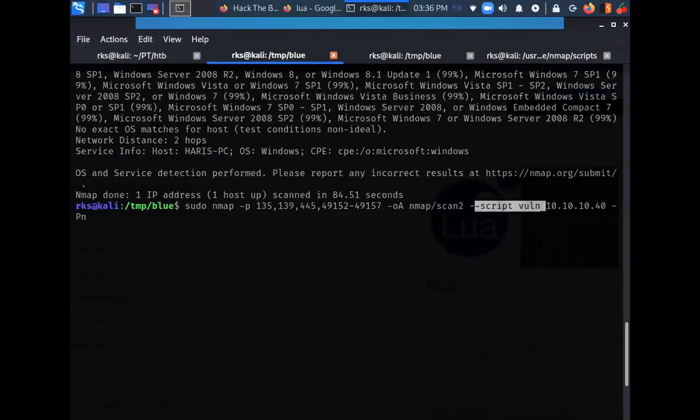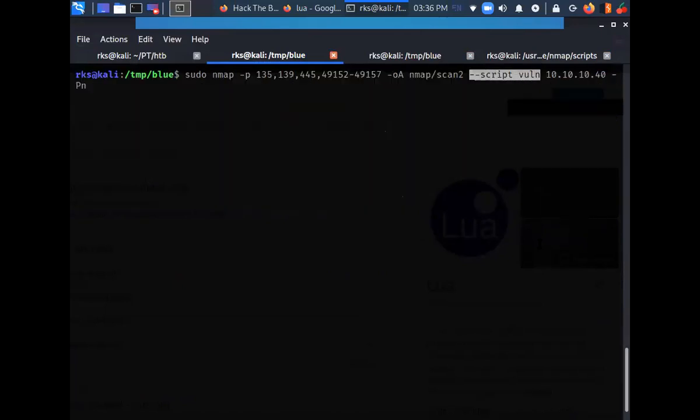Okay, so let's run this thing. Let's save the output in scan3-vuln and press enter. That is nothing but the output file name.